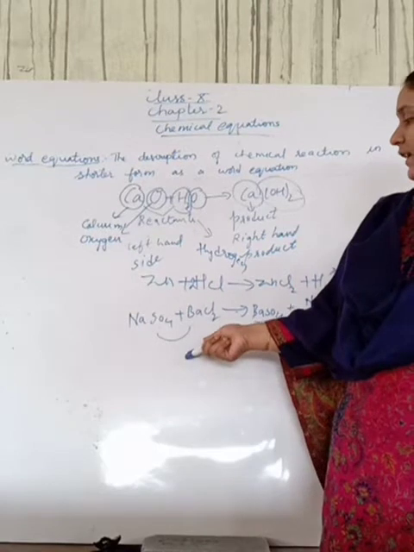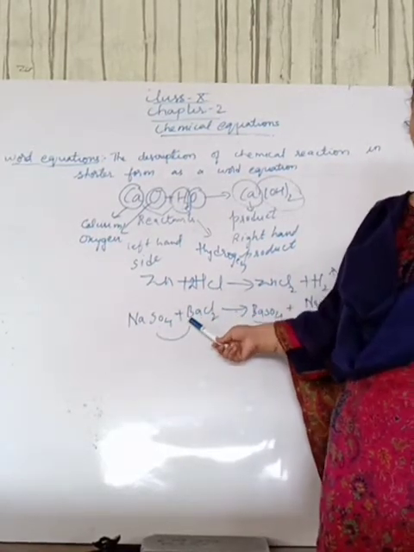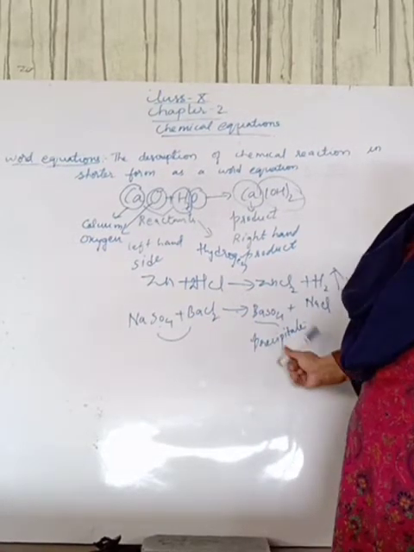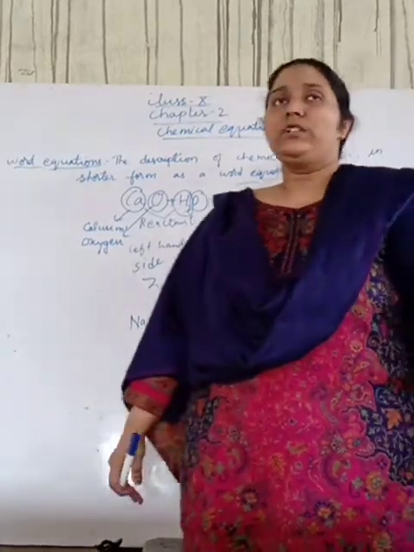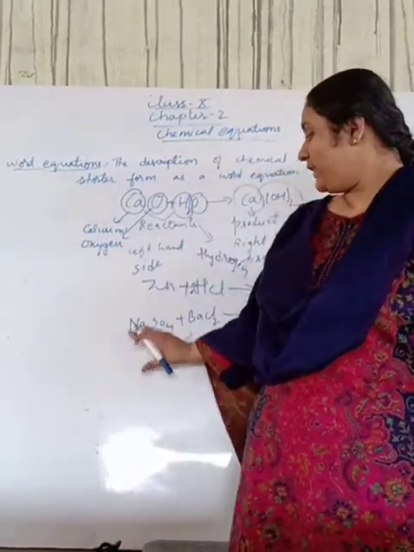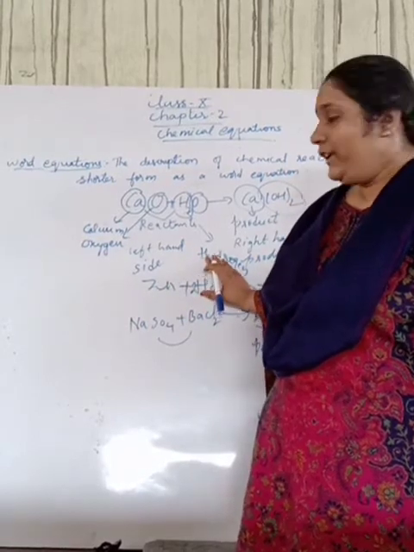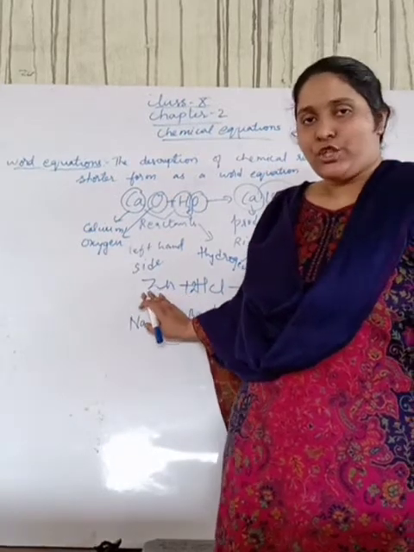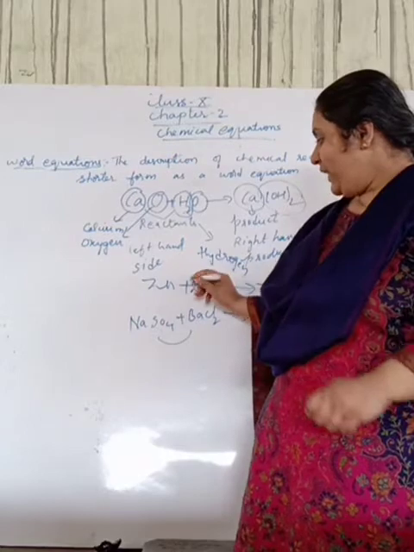Here in this activity 2, sodium sulfate and barium chloride are reacting. Here these two are the products and these two are the reactants, students. Okay, got it, students? Here also this is one substance, zinc, and this is another substance, HCl. So these two are involved in a chemical change, and they are separated with the plus symbol.